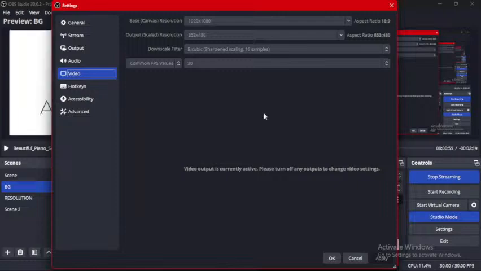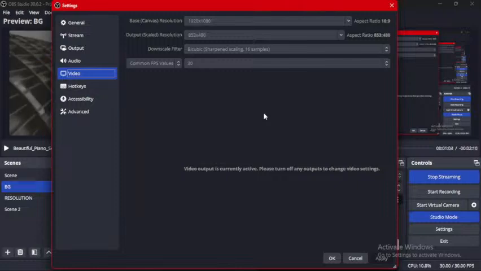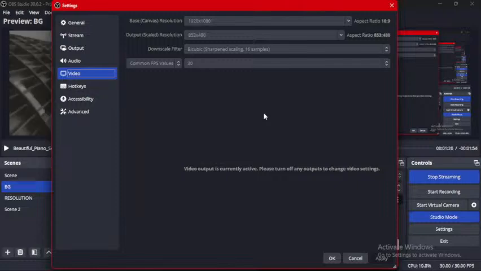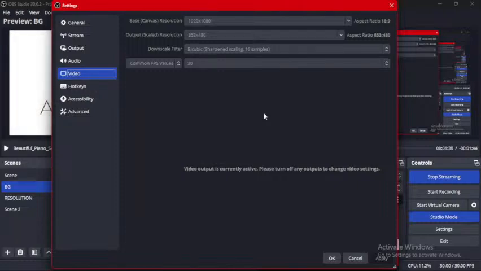I have a couple of friends that do observe me. At some point last year, when I was in Kaduna, I streamed for a particular ministry, and the person that invited me over observed that I was so keen on my resolution. Yes, I'm a person like that. I'm very keen. I pay very close attention to my resolution, because if you don't pay attention to it, this is what is going to influence and affect your streaming.